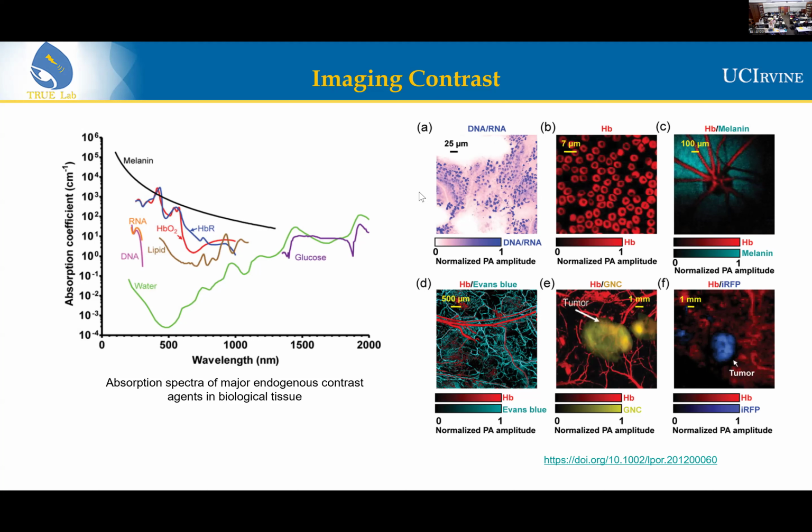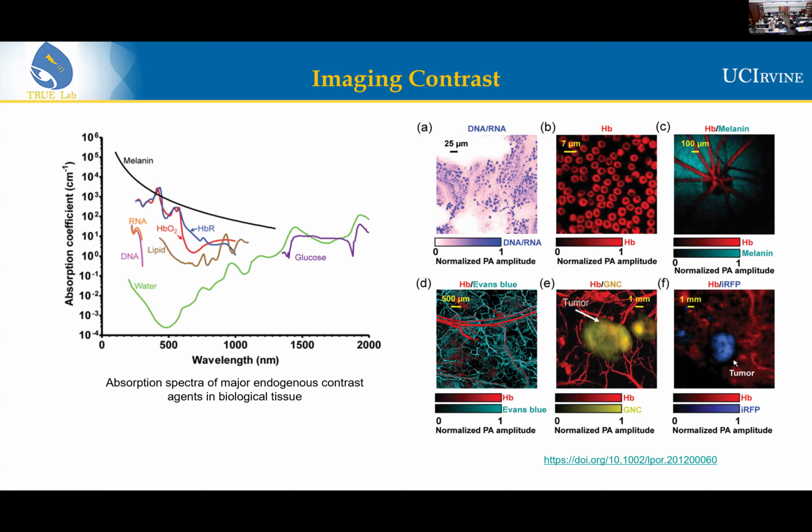So for figure A, they're using 250 nanometers as the excitation source, and then using high frequency ultrasound to receive it during the microscopy. So you can achieve very high resolution, but also millimeter thickness imaging with photoacoustic